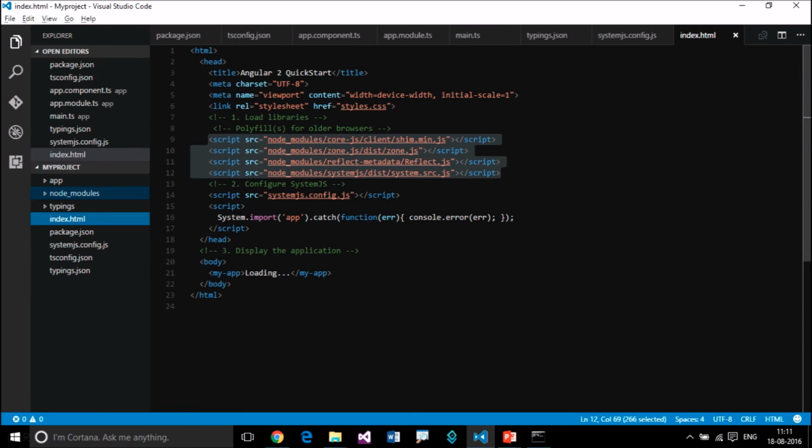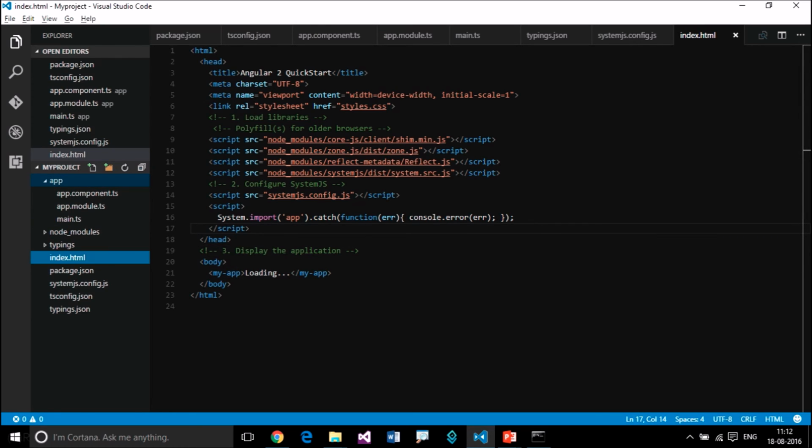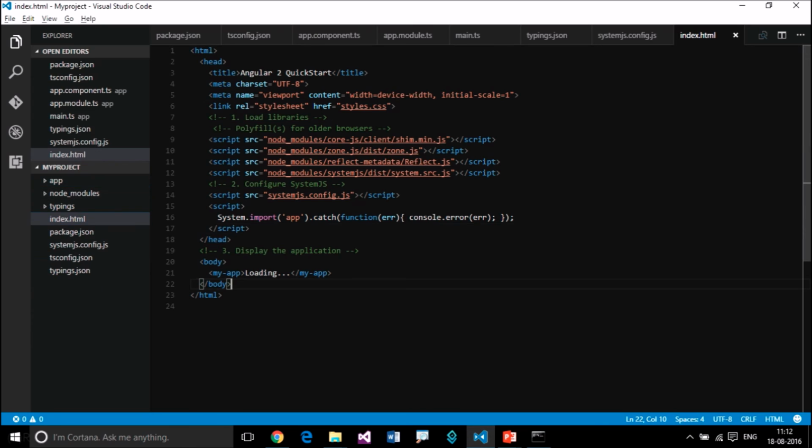Okay, this is the configuration we added. This one, systemjs.config.js. So our app resides inside the app folder. We are saying that.